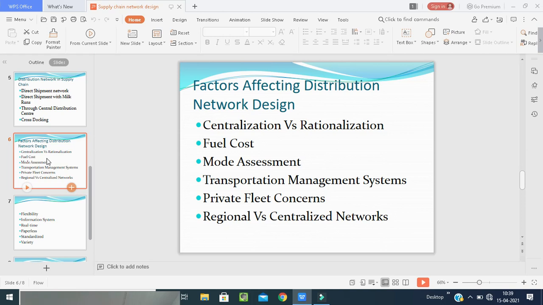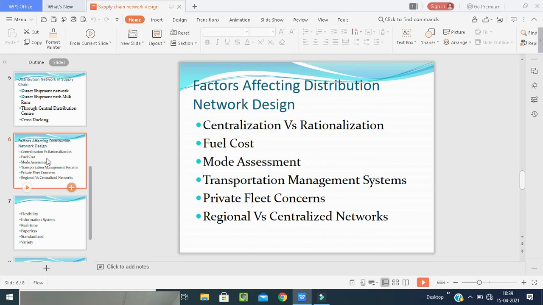Next one is private fleet. Here, it can benefit from an in-house fuel supply program to gain control over fuel cost and usage. With a private fleet, we hire some private people who take care of the vehicles and fuel. We just pay some amount, and they deliver the products or goods to the place the customer has ordered for.